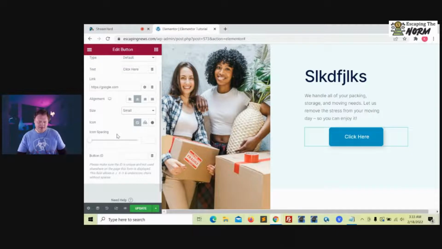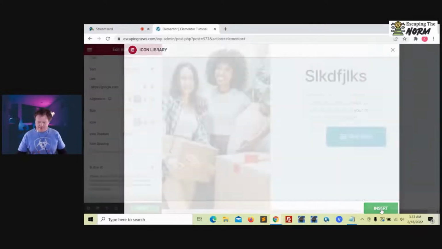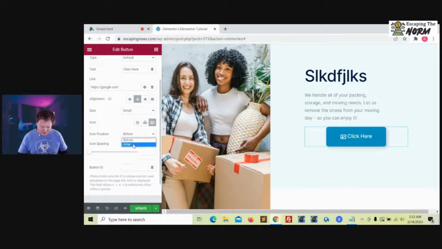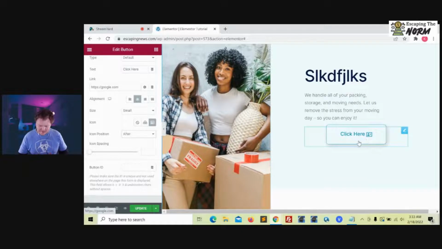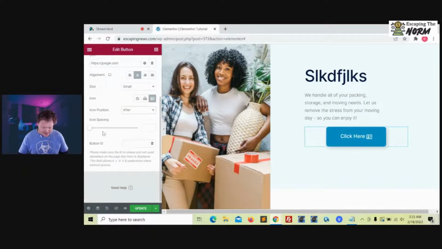And then if you wanted to add an icon to the button, you can click this icon library and then add an icon. So say we wanted that one, insert. And as you can see, the icon's on there. You can also change where the icon shows up. So right now it's before. You could also change it to after, so it appears afterwards. And there's also other things you can do, like if you wanted the icon to be a little bit further away,